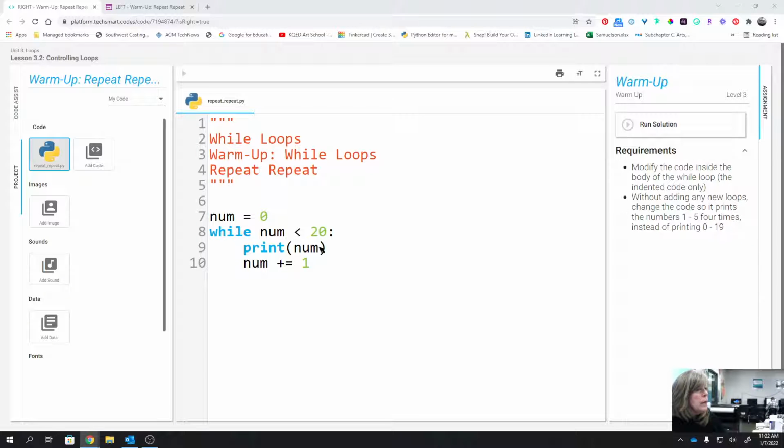What happens though if we change what's in the print statement to use a modulo? Oops. So num, you're still using the same number, modulo 5 plus 1. I need to add another parentheses. So if you do it like this,